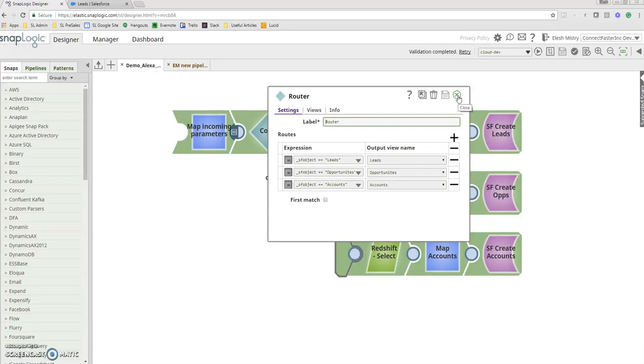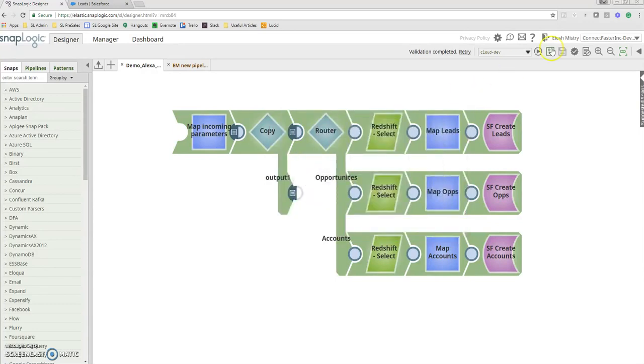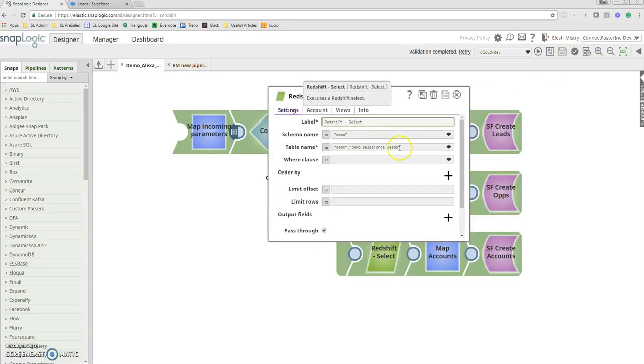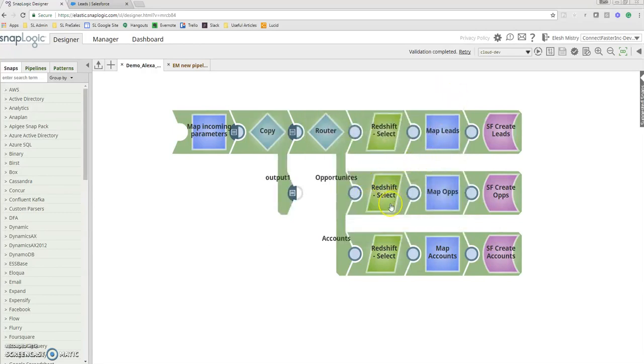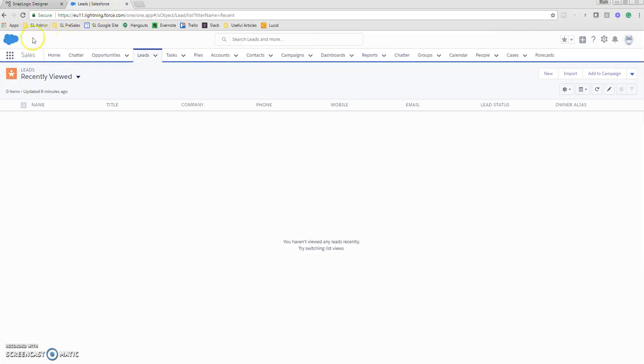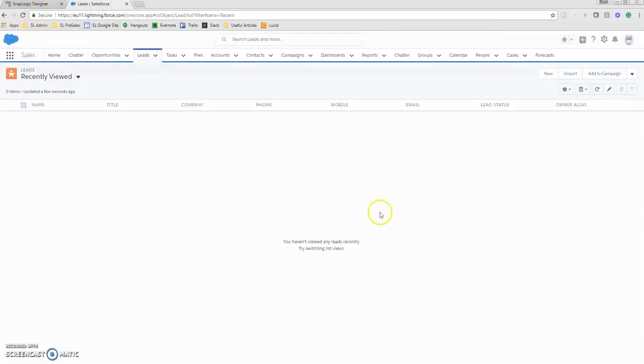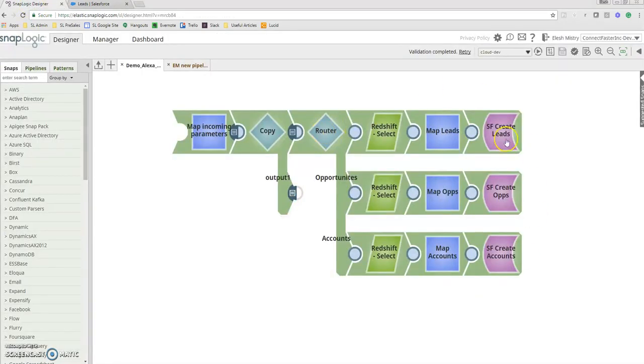So really straightforward pipeline. You've got the pipeline parameter coming in. It's doing a Redshift select, in this case leads, but in the other cases opportunities or accounts, and then it's pushing those leads, opportunities or accounts into Salesforce. And you can see here in my demo account for Salesforce that at the moment I've got no lead showing here. So that's the first part of